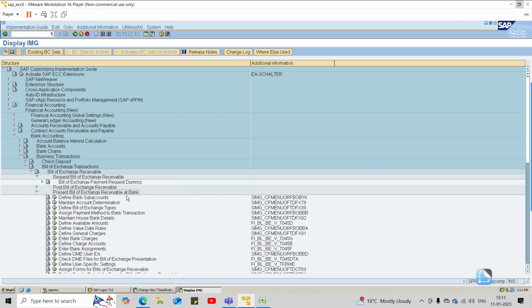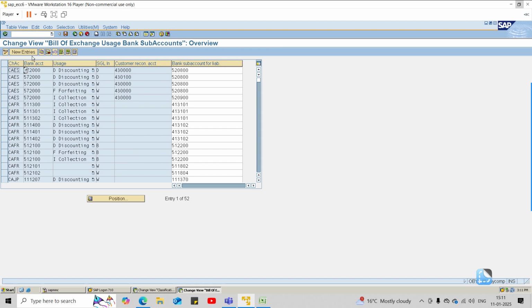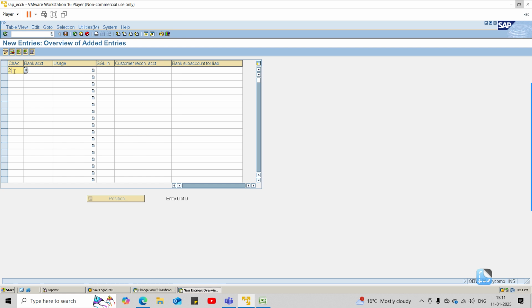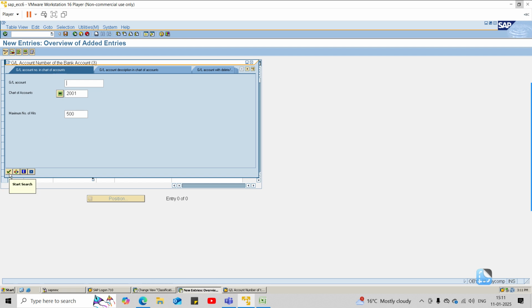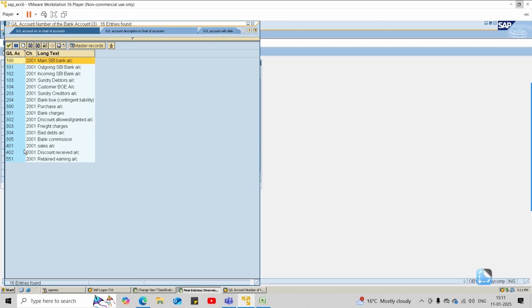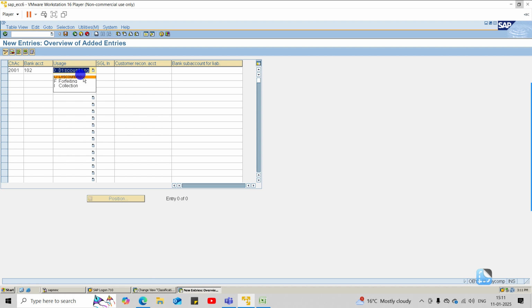Present Bill of Exchange Receivable at Bank and Define Bank Sub Accounts. The T-code is OBYK. New entry. Enter your chart of accounts, bank account. Which bank account are you going to take here? Tell me. Incoming. Why incoming? Because we are receiving funds. We are receiving funds from the bank for issuing the BOE. Usage, discounting, because the bank is charging some